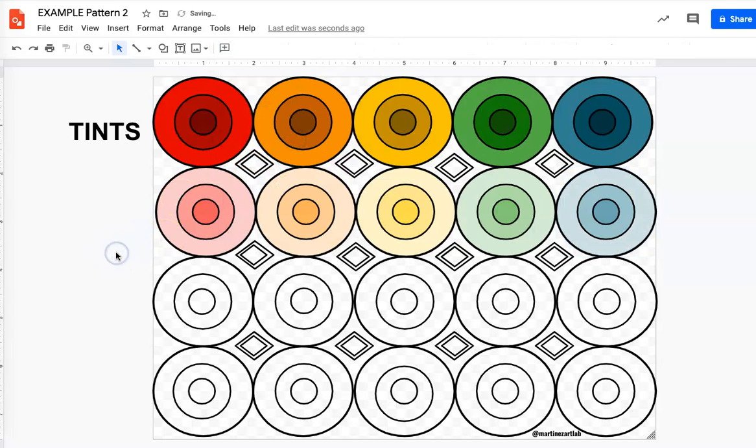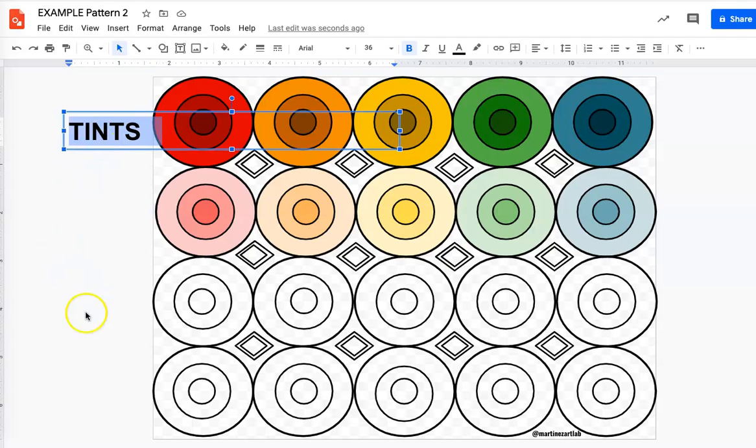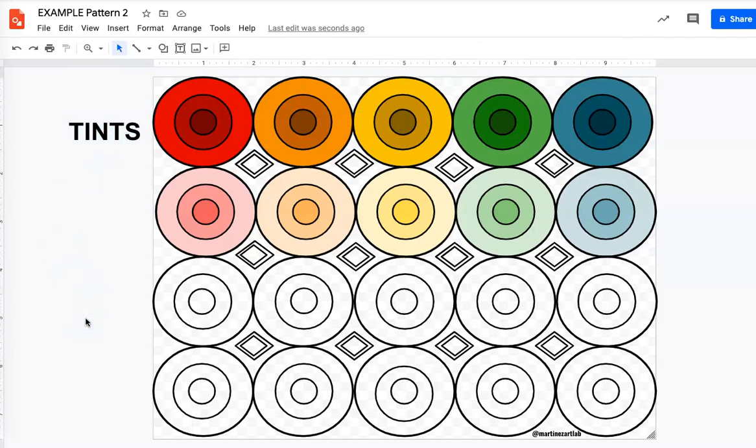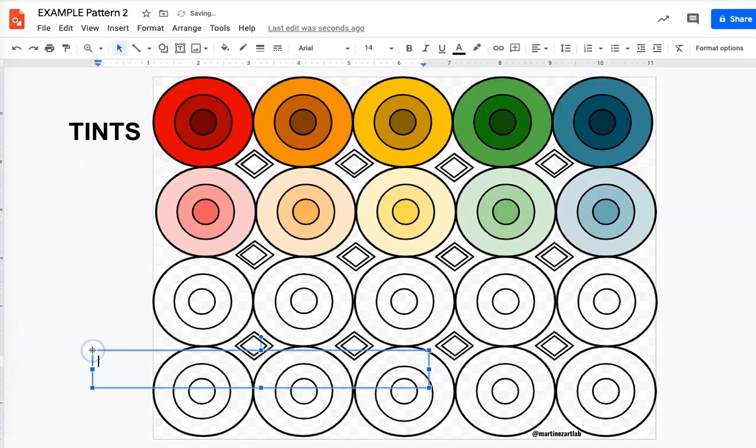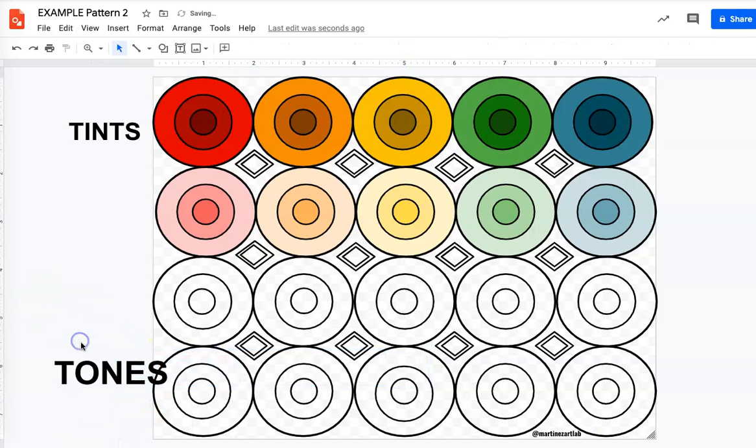Okay, so now we've got these tints that we've created. And now I'm going to do the opposite down here. So instead of creating tints, and you do not need to type this, I'm just typing this again as a reminder for you. My last two rows are going to be tones. So I will just make that large enough for you to see. And as a reminder,